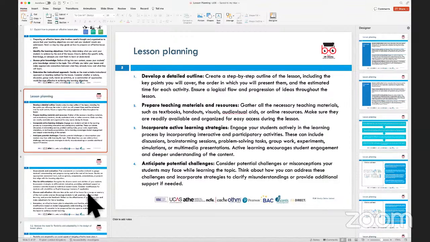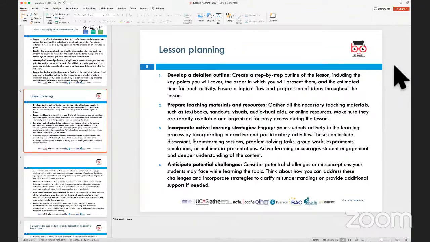I might need some props. If I look at cell biology, I would need charts, posters, maybe equipment like a microscope and slides to be able to create that engaging experience with learners. And that is what you would need to look at in the process of lesson planning: what would be the best methodology that you would use to teach and deliver in the class. And that would help you engage with your learners and students so that they are participative, they are interactive,